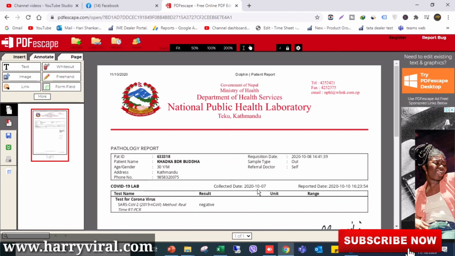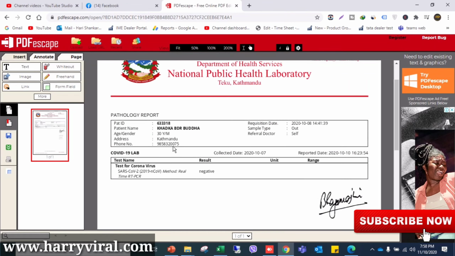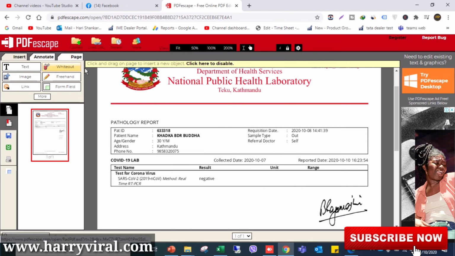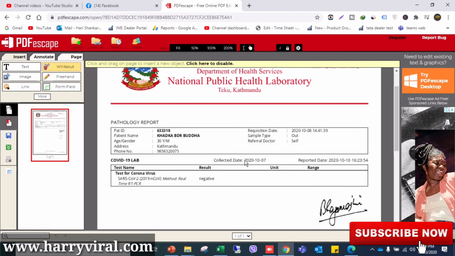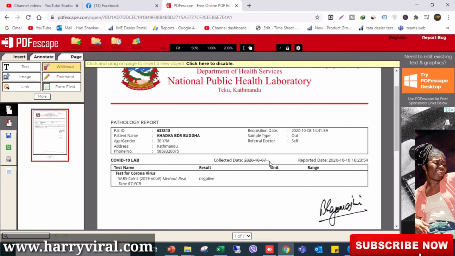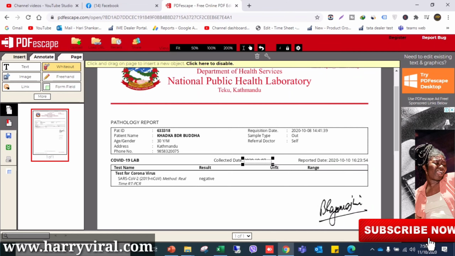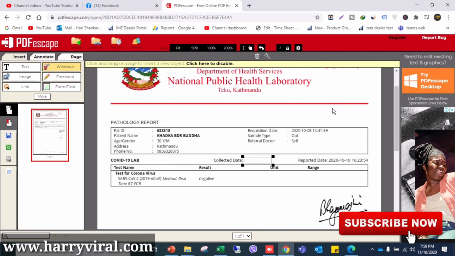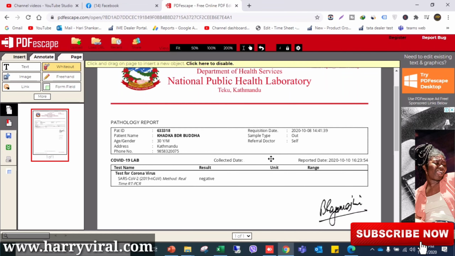Now if I want to edit, suppose I want to edit this date, then I will just go here and click white out, and here I will drag, and you can see I will make it a little bit bigger and it will do. Now you can see it is deleted,